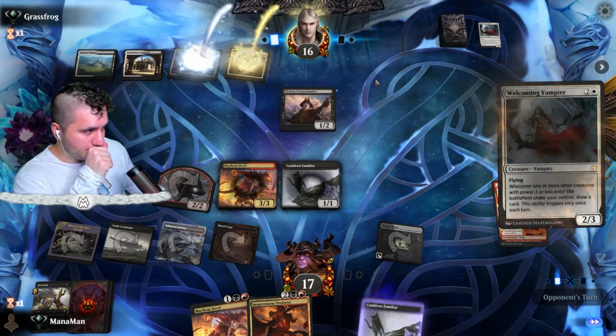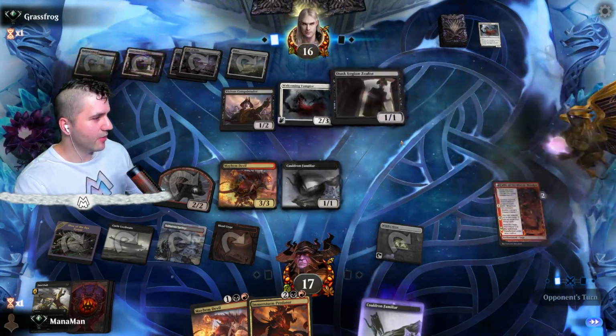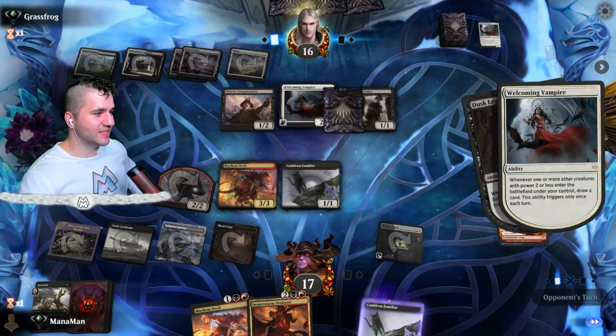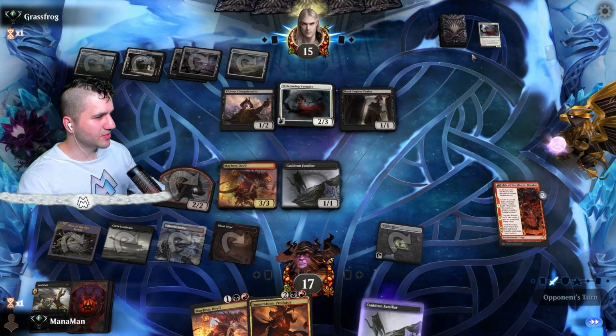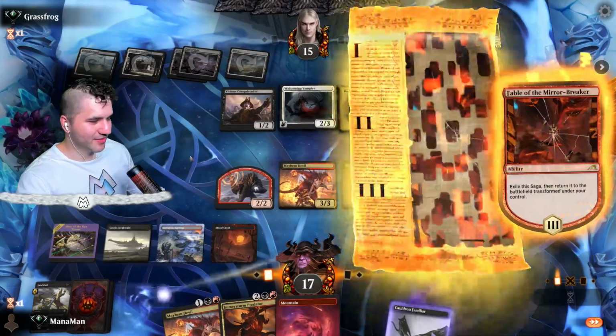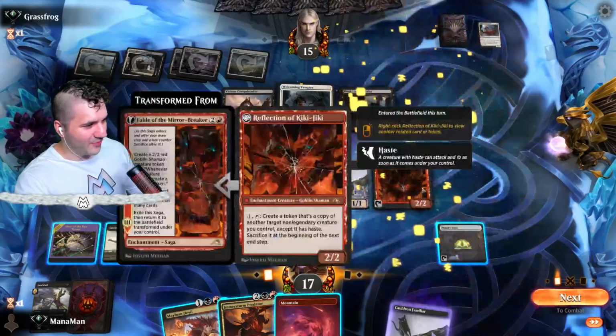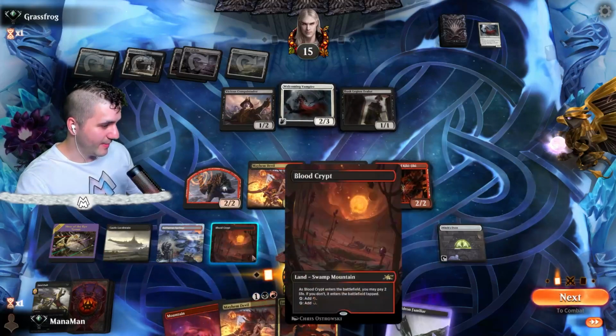Okay, another Welcoming Vampire. Don't particularly care that much. We can just eat it down. Dusk Legion Zealots. Okay, enter the draw one card. Yeah, that's not a big deal. Don't particularly care that much about that. And, oh my goodness. Why we really love the Fable of the Mirror Breaker? Because Kiki Jiki can reflect both the Immersturm Predator and a Mayhem Devil, so...